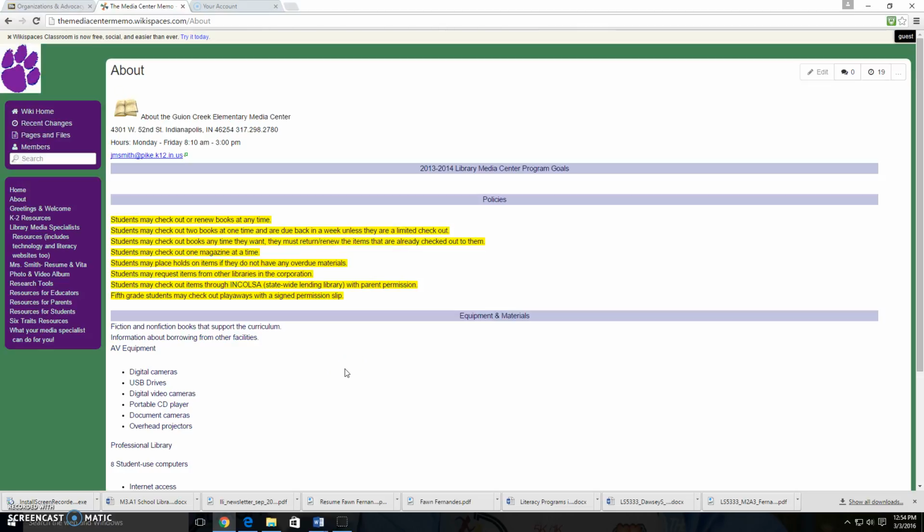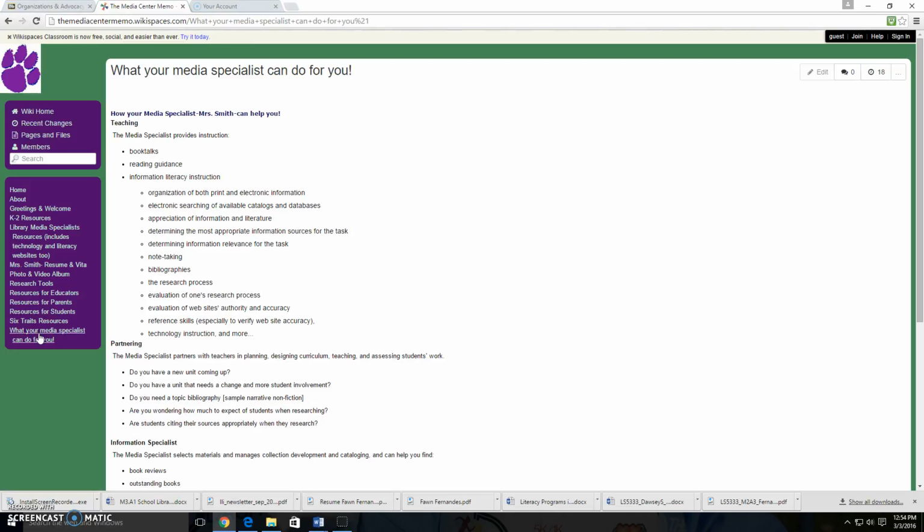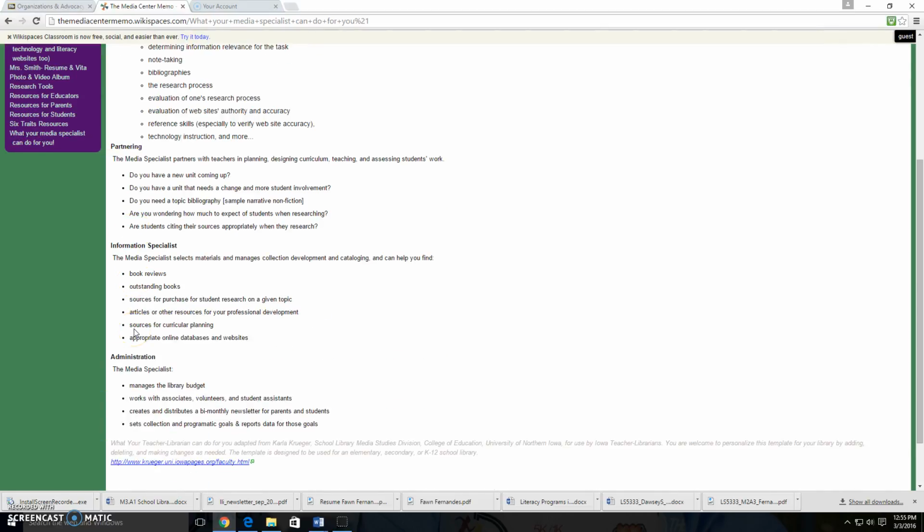When you're talking about strengths, one of the strengths that I saw with this website is the What Your Media Specialist Can Do For You. I'm going to click back over on that one. We looked at that earlier when talking about the principal. But by including the various responsibilities and tasks of her position, she's actually helping to advocate for her library as recommended by Deborah Levitov in her article titled Educating School Administration, as well as providing very clear expectations for those that she serves. She's got it divided by the different things that a library specialist does.